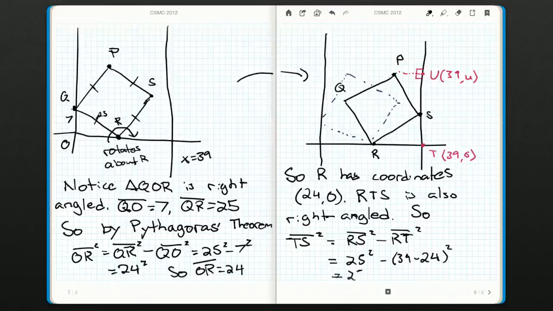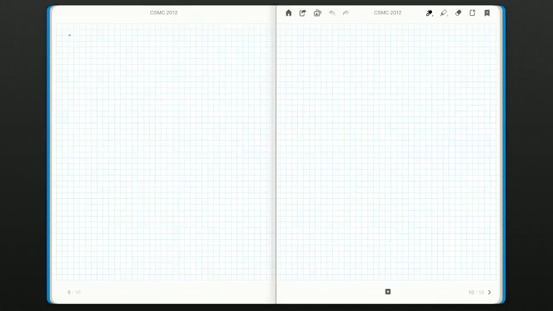So that's 25 squared minus 15 squared. So that's going to be 20 squared. That's another one. That's sort of the 3, 4, 5 triangle, which is another common Pythagorean triangle. So this question seems to very much be about Pythagorean triples, right angle triangles, which is why I'm ever more confident in our placement of U up here. So we may have to go back to that page to refer to our diagram, but knowing what ST is,